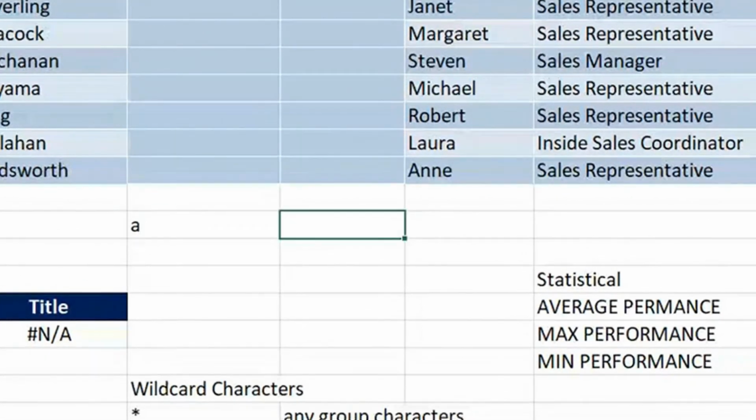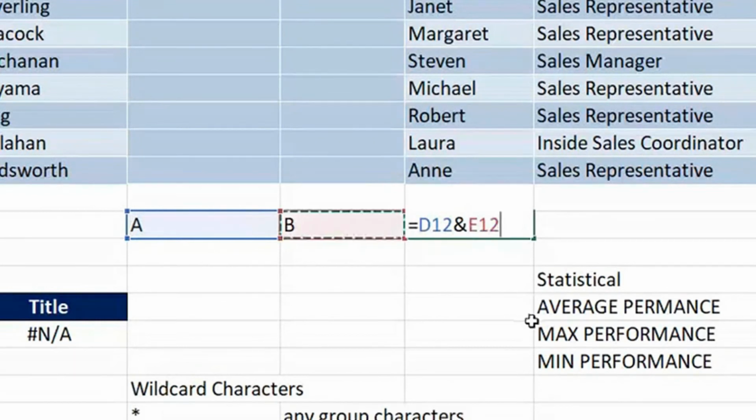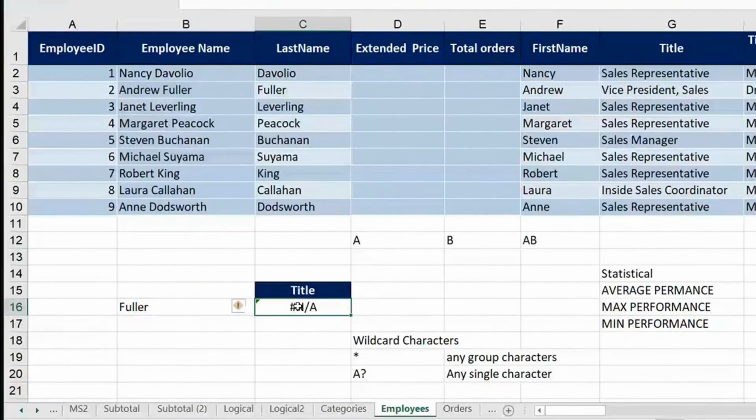Imagine you had A and you had B and you want to make it AB. You do concatenation, or joining. Or let's say you had last name and first name and you want to make it full name. So we write equals this and this. We can't just write this plus this, because plus is used for arithmetic operators. And is used to join 2 text strings. So A and B becomes AB here, as simple as that.